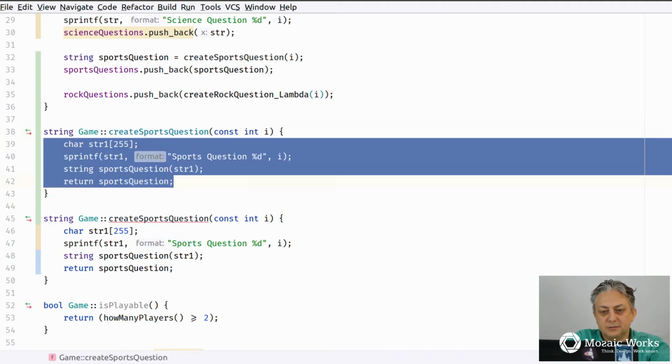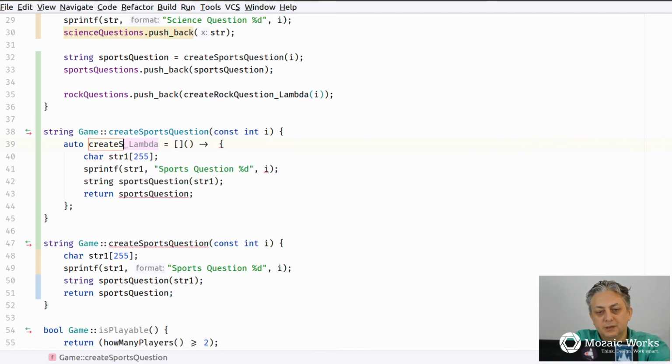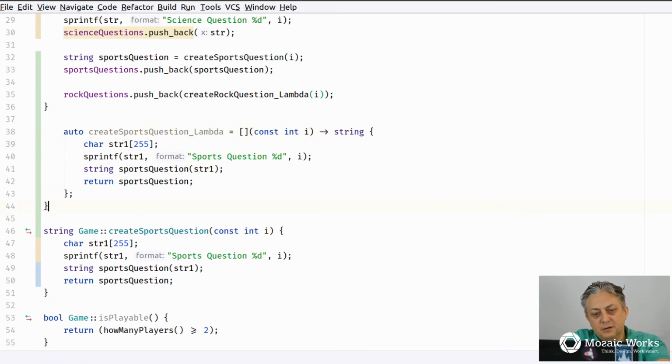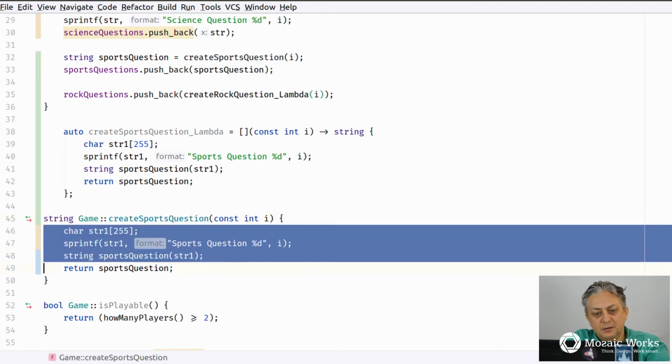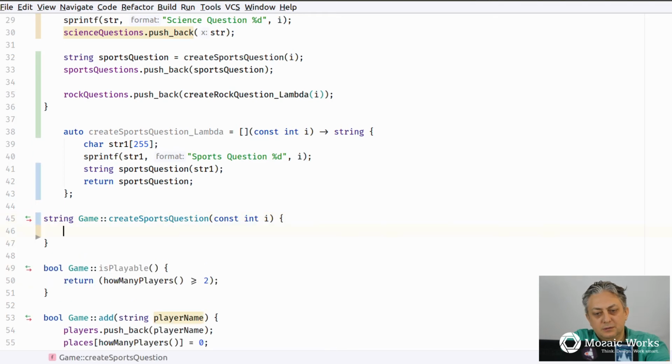Select this, lambda, create sports question, goes const int i, returns a string, remove this line, remove this line, replace this, i,